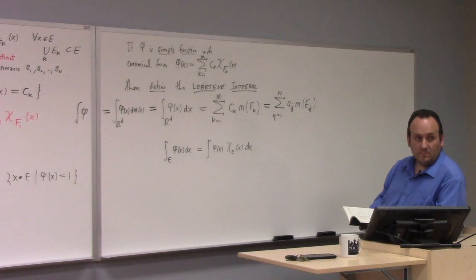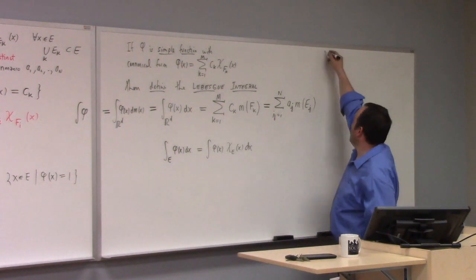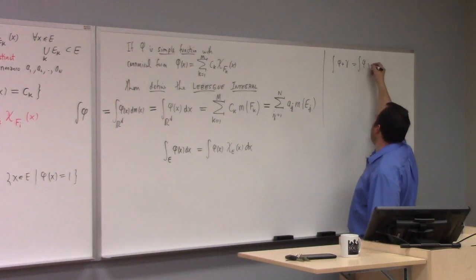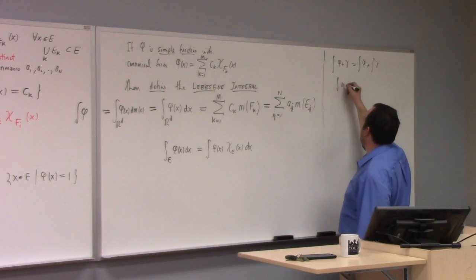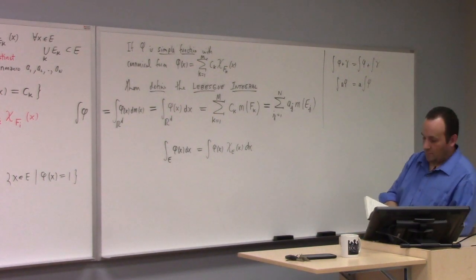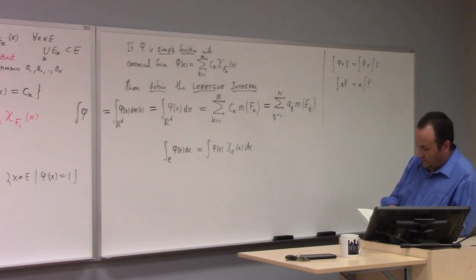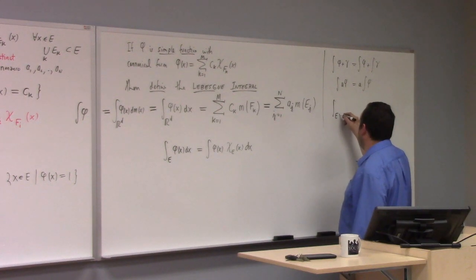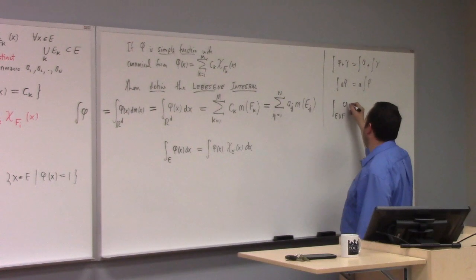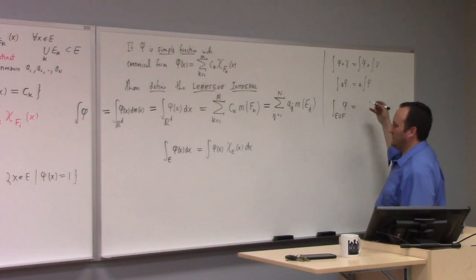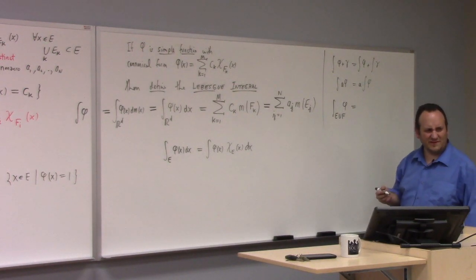Also, we have linearity. The integral of the sum of simple functions: if we have phi plus gamma, then we have integral phi plus integral of gamma. You can pull constants out. This next one is important to me. This is really part of the reason I'm interested in this whole discussion. If we have the integral over the union of E and F of phi, and again, this is all for phi a simple function, and phi being a simple function, it's really quite simple.